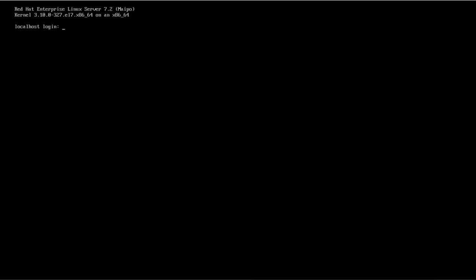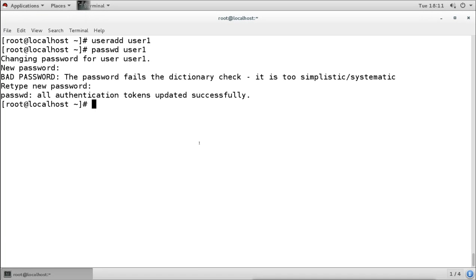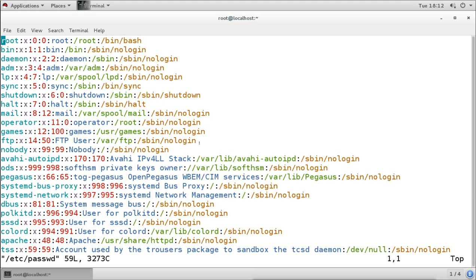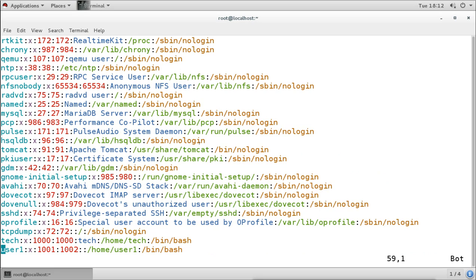Now we can configure the user to log in without a password. The first option we can do here is to go to the passwd file and we see this password mask. I was saying this is a password mask. It indicates that the password is there and you should ask the password for this user.